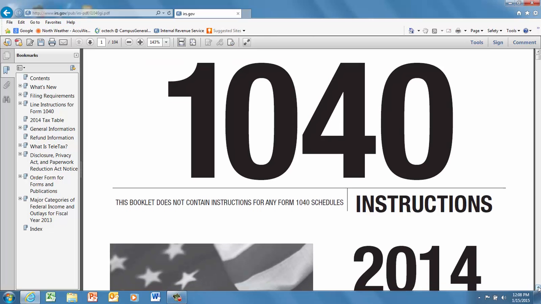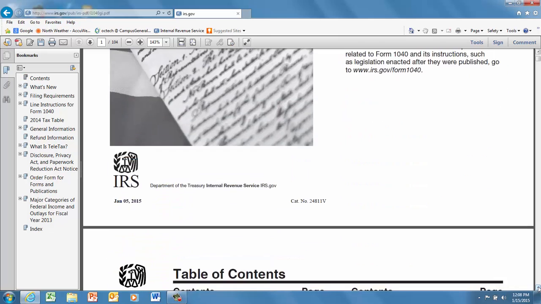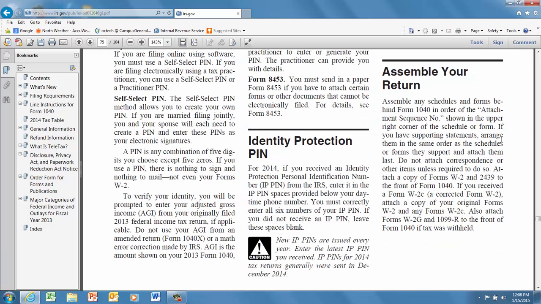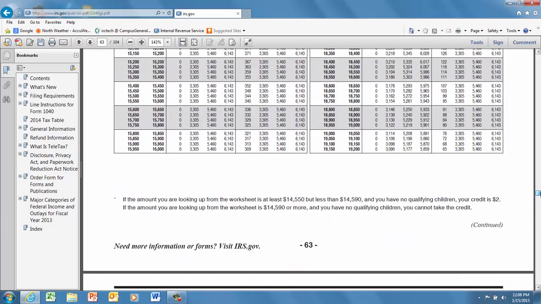I can go down and there is a page of the table of contents, and they have the pages linked. So if I want to know what I need to do to assemble my return, I can click on that. It brings me right to that page. Now, I did say that one of the things that you're going to definitely need is the tax tables. And